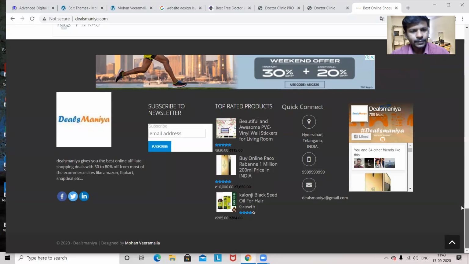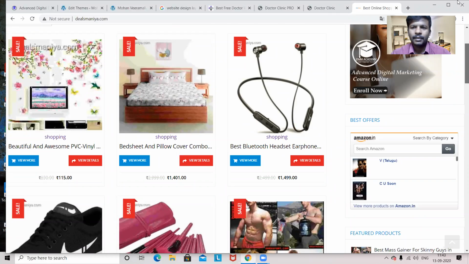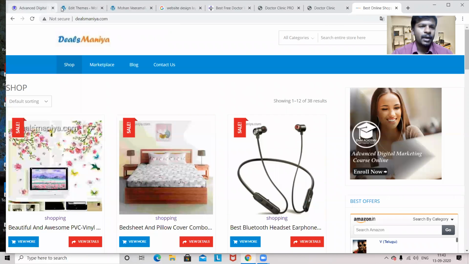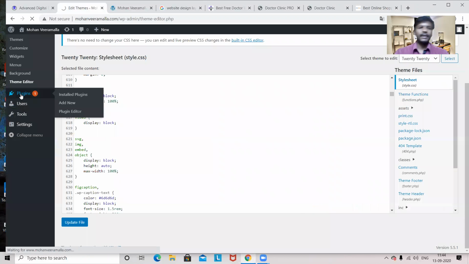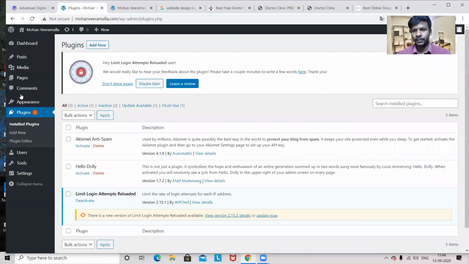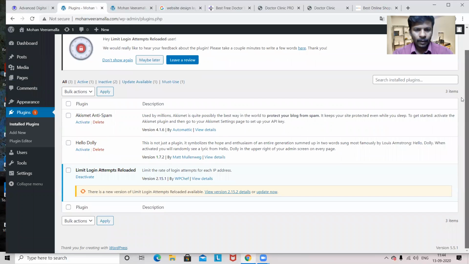So lots of plugins are there, and how to take the plugin, we'll learn now. And in the live class, when we design the website, there we'll select plugins and learn what kind of plugins are available, which plugin is important, and what plugins are needed for a website. We'll see everything.